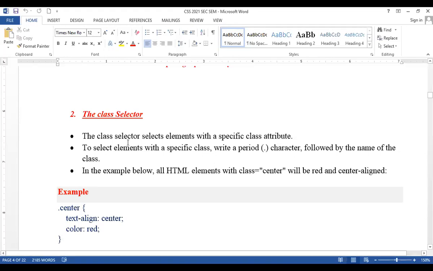Now, how do you work with the class selector form? I will directly jump to the example. You will understand it there itself. So